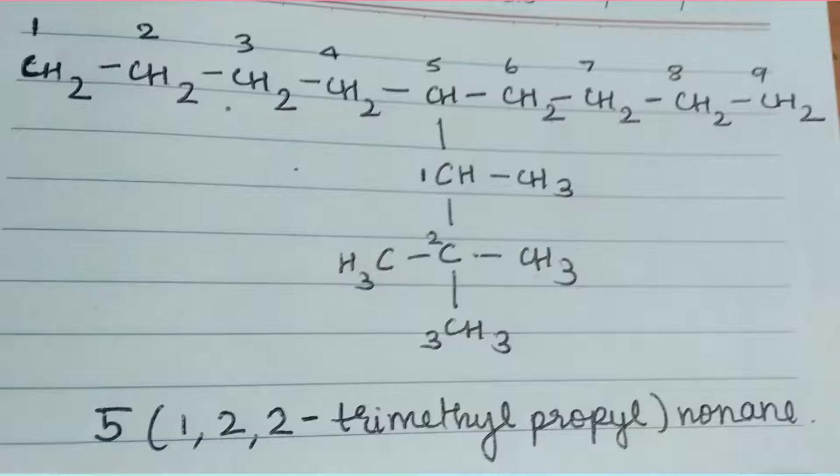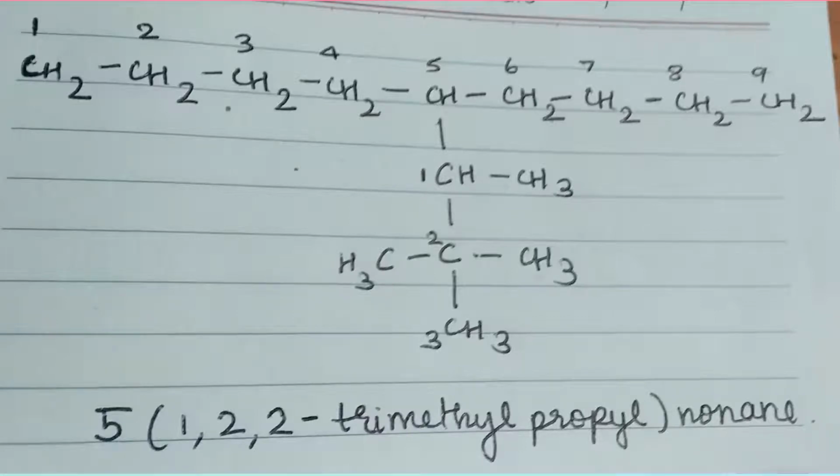Now coming to naming the substituent. It will be 1, 2, 2 hyphen trimethyl propyl, because there are two methyl groups present on the second carbon. Hence we have to mention those two separately. Even some people think that if we write it once, that 1, 2 trimethyl propyl, it is fine, but that is wrong. You have to mention the locant number for each substituent that's present here. Since there are two substituents present on the same carbon, we also have to write 1, 2, 2. I have to mention that 2 for both of them. Hence, the name for the substituent will be 1, 2, 2 trimethyl propyl.